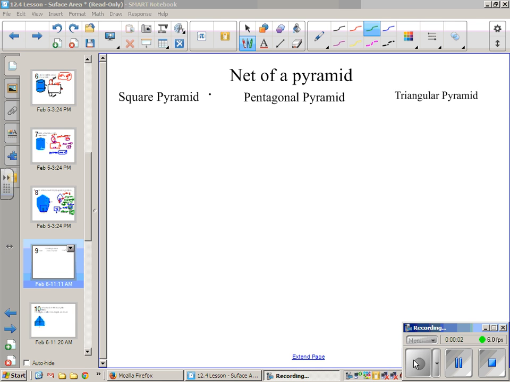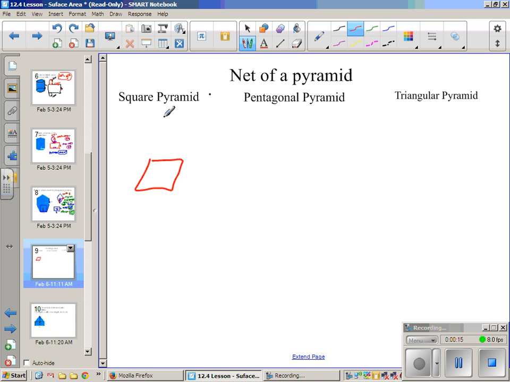Right, welcome back. Now we're moving on to pyramids, the surface area of pyramids again. To be able to do this, you need to be able to draw a net of a pyramid. So a square pyramid in 3D is going to be something, again, bear with my drawings, something like that. What's different about a pyramid and a prism is that it only has one base and